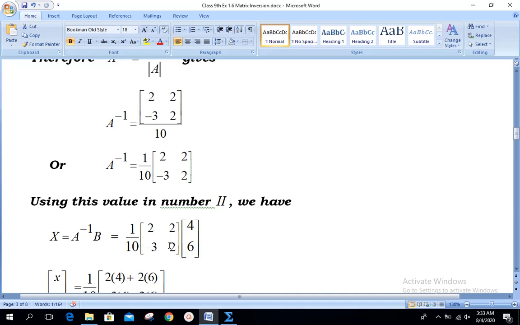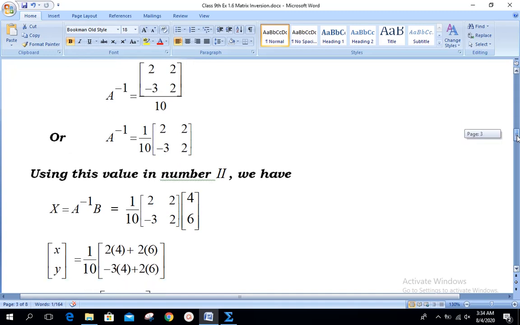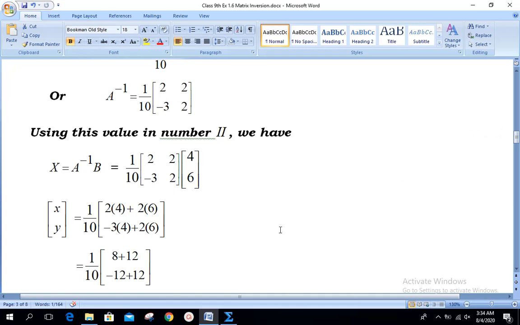Now we need to multiply these two matrices. Viewers, you have completed all the 5 exercises before this, and you have practiced how to multiply matrices of different orders, so it's easy for you, but I explain once again. It's better if you take an arrow in horizontal frame in the first matrix and an arrow in the vertical frame in the second matrix. Now multiply the first element with the first element. It is done here, 2 into 4. In between you must take sign plus, then second place element here and second place element here, that is 2 into 6. So first row work is done.